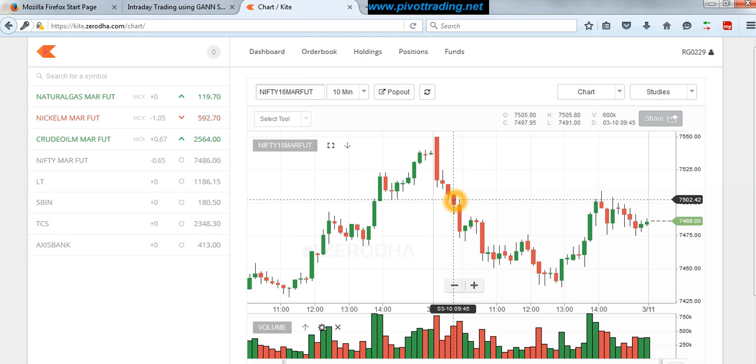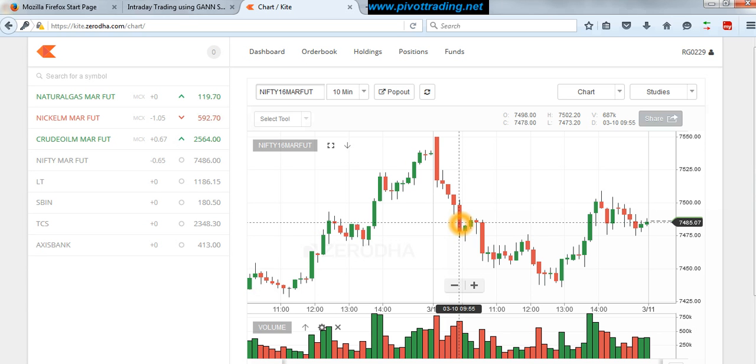This is the candle of 9:35 where we took the levels from. As per these levels, the buy was above 7525 and sell was below 7503. Definitely, as we can see, the market never moved above 7500, so buy was never a question, but the sell would be triggered at 7503. If you look at the next candle, it opened at 7506 or 7505.73, and then the sell was triggered at 7503, and within fractions of minutes our first target of 7485 was achieved.